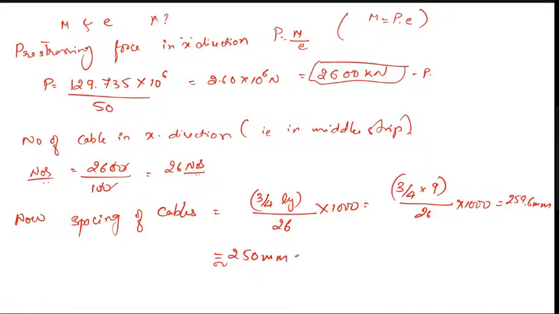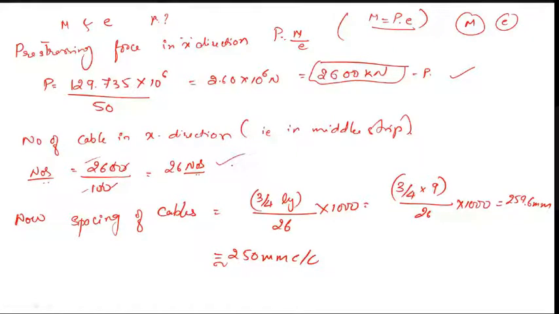Okay. Just again, you know easily how to calculate the moment and E. Now I get the value of P. So how will we calculate the P? That is M upon E. You know that moment is force into perpendicular distance. So we have got the force. Now what I need is the number of cables in X direction. Total force is 2,600, and force in each cable he has given is 100. Therefore, you will get the number of cables, that is 26.